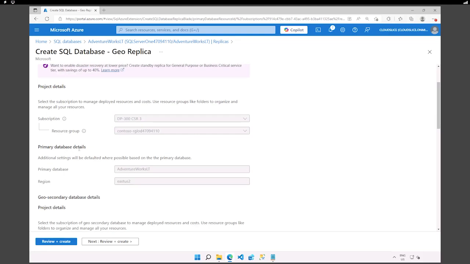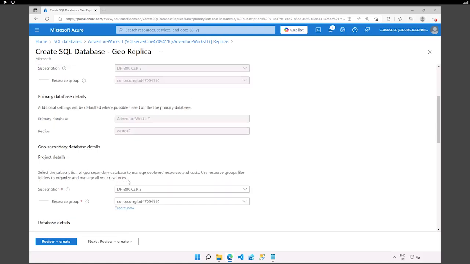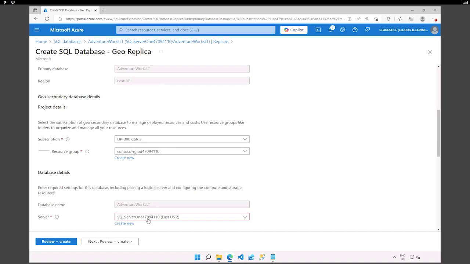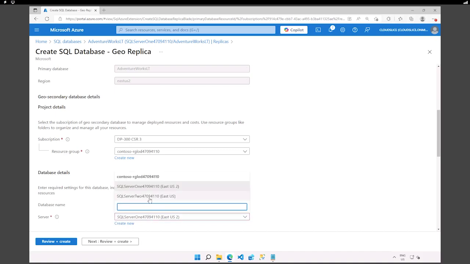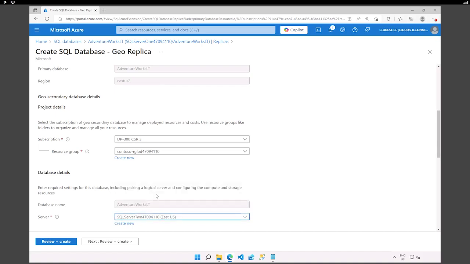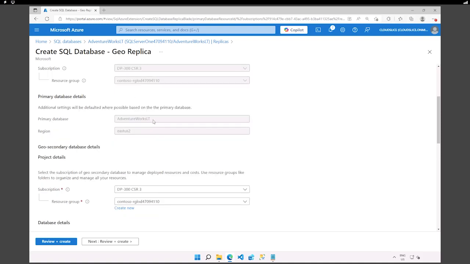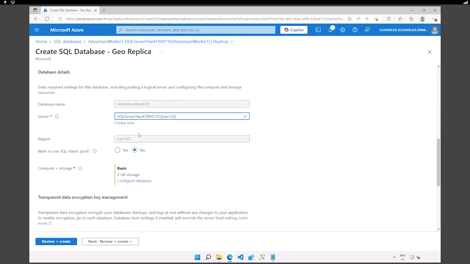So we have the primary database, AdventureWorks LT in the region East US, pointing to the second database detail, right? We need to change it to point to the server 2, as explained before, right? So it's going to be pointing from that specific database that we have, AdventureWorks, to that server 2. Okay, so it's going to be creating a database as part of its replication.